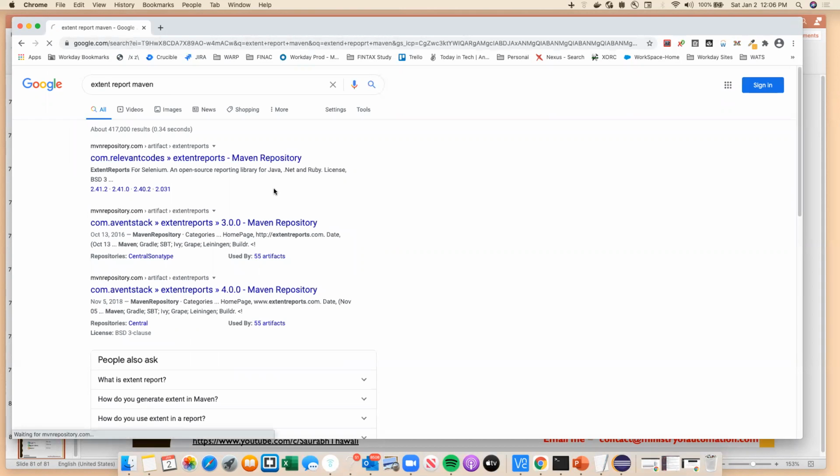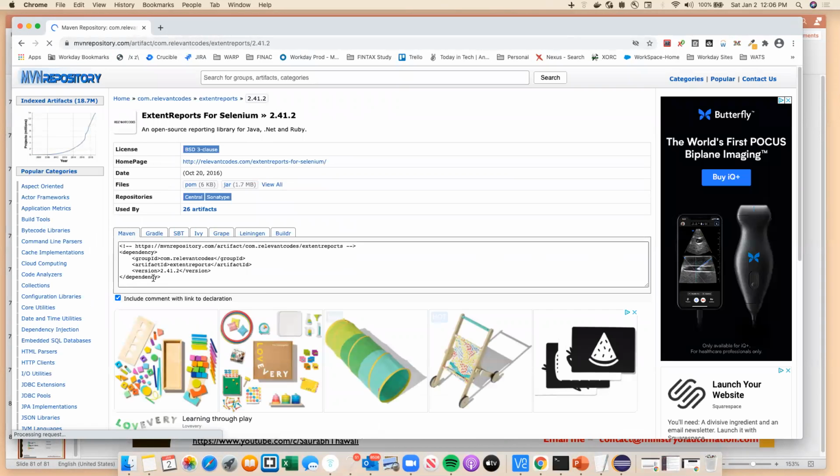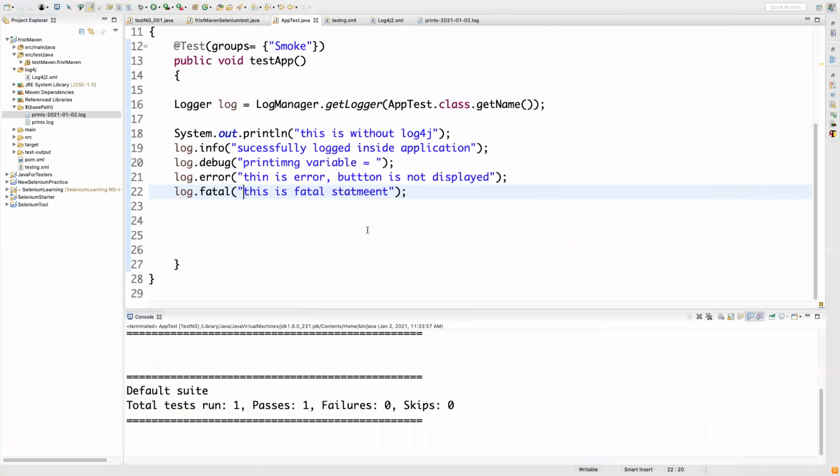Is that right? Yes. So we'll go to Maven repository, we'll search Extent Reports for Selenium. See, you get it. And then go to whichever is the stable version. Looks like 2.4 is the stable version, so I'll go with whatever has the maximum usage, this one. Click on that, and then this is the Maven dependency. Just copy the dependency tag. See, Maven has simplified so many things for you. Copy this dependency tag, come to your project, go to pom.xml